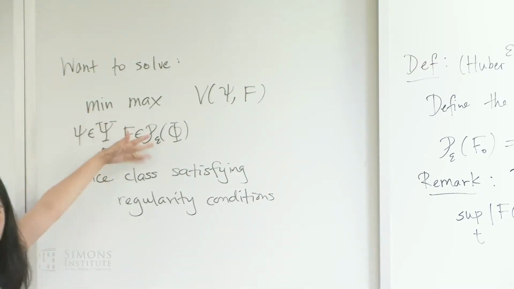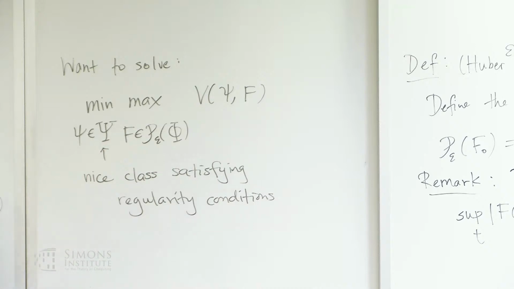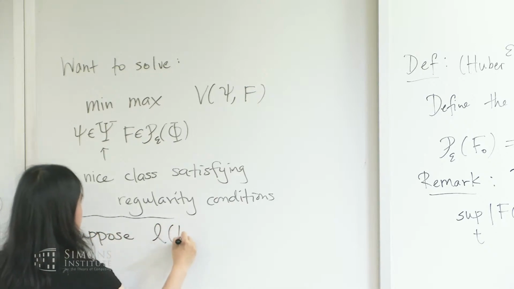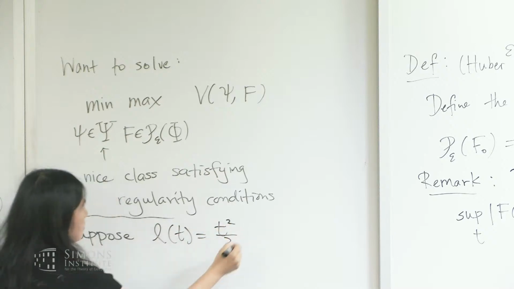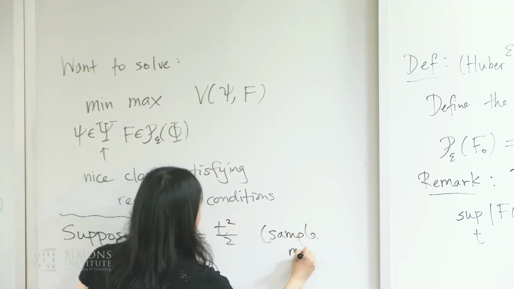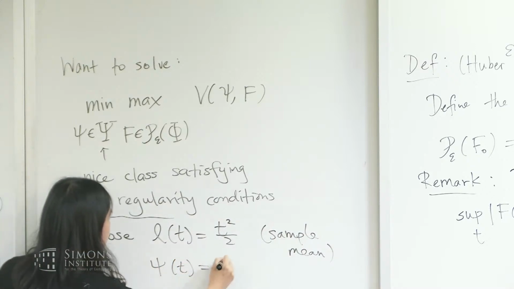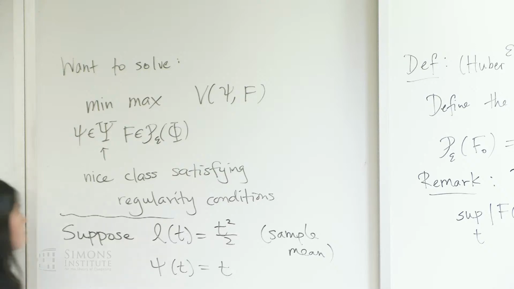Okay, so this is the problem we want to solve. I already told you the punchline, that the best thing is Huber. But from this point of view, we can also try to understand the shortcomings of something like a sample mean, and that also motivates why Huber. So suppose that we take L to be equal to quadratic, so we're looking at a sample mean. Then in that case, psi of t, which is the derivative, is equal to t.